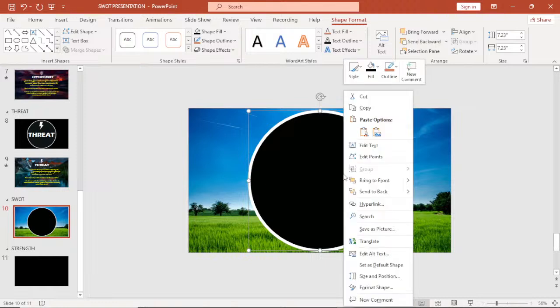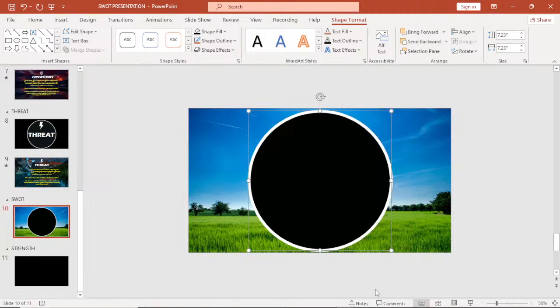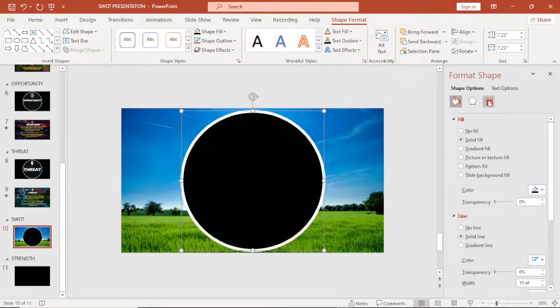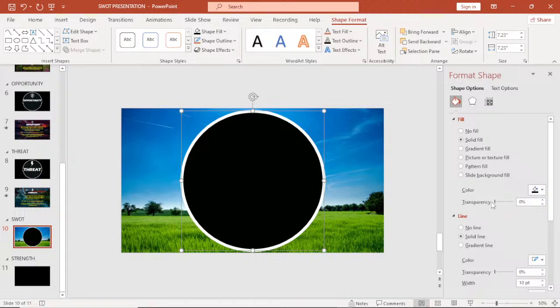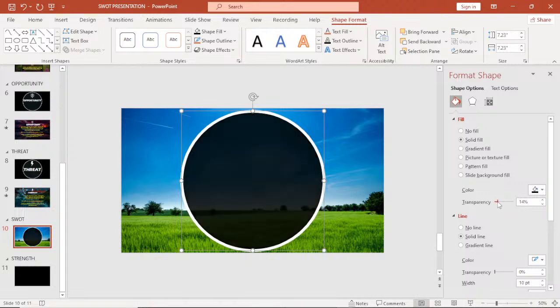Now let me right click, then format shape. Let me use transparency. There is something I'm looking for there. It didn't show. Well, I can use transparency to get a bit of what I'm looking for. Okay, now once I got that,